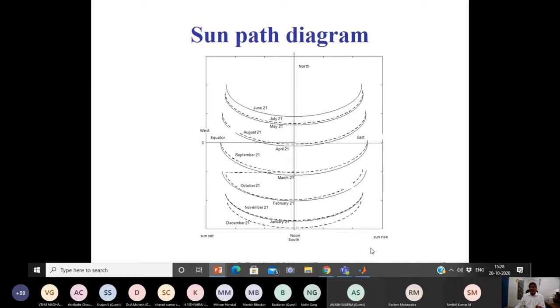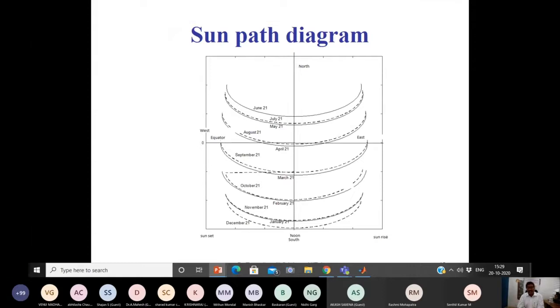And this is sunrise time. The right-hand side shows the sunrise time, as per the convention in the east side, and the left-hand side is the west, showing the sunset time. Depending upon the seasonal changes, from January to December, only one day is shown here, because if I plot all 365 days, you can't see the lines.